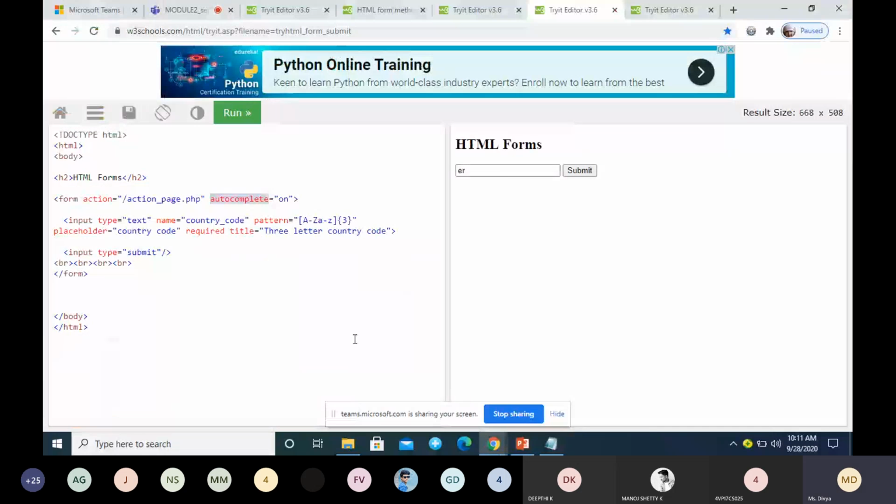So now you have country code. Now what we do is we create a data list. Okay. Data list. And specify some options.